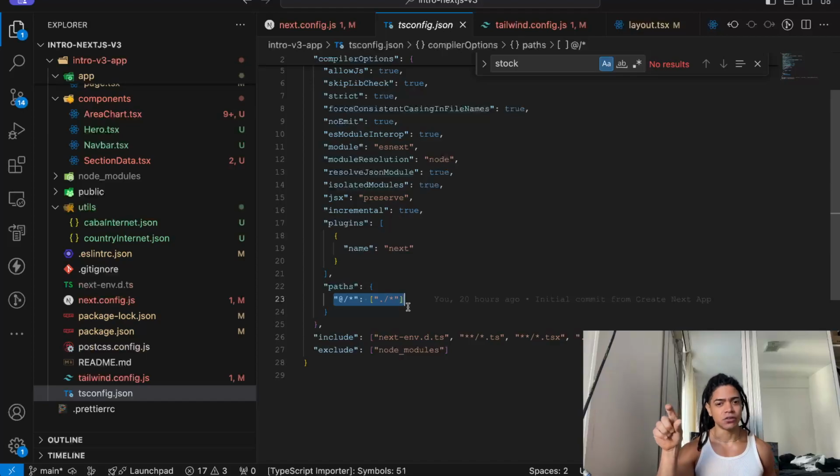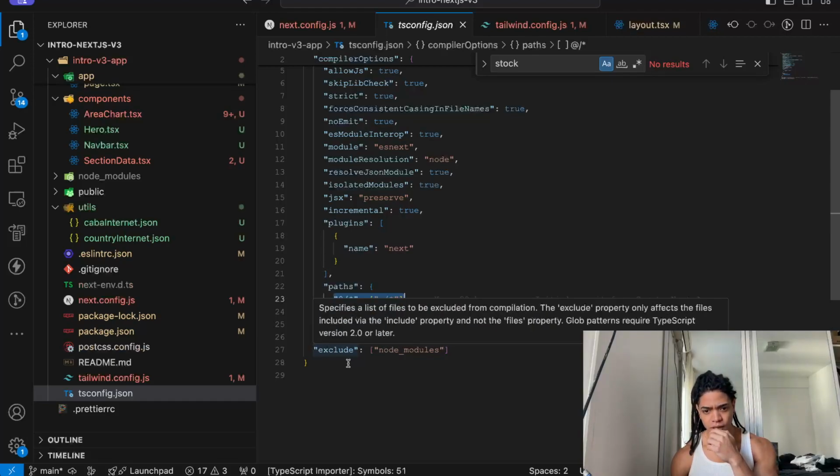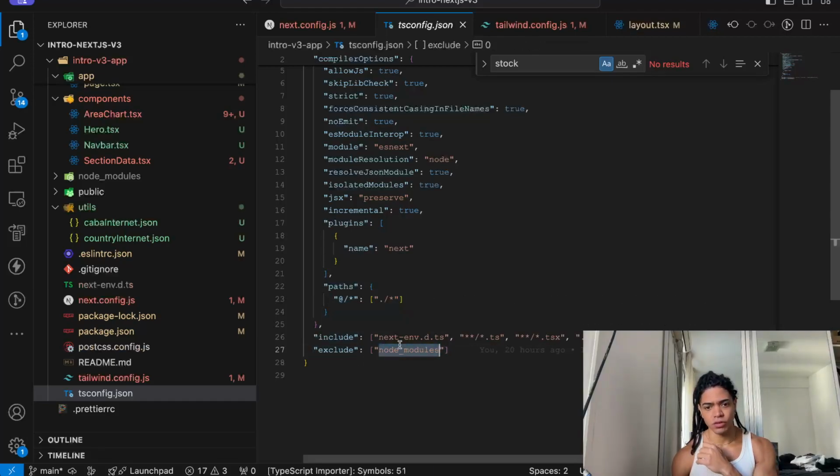that, hey, please, let's use this alias or this path as a way to indicate that we are in the root. So we don't have to put an absolute path that might change in the future of your development. And we exclude, of course, the Node.js modules, and we include some TypeScript.